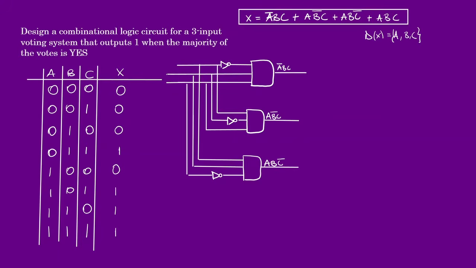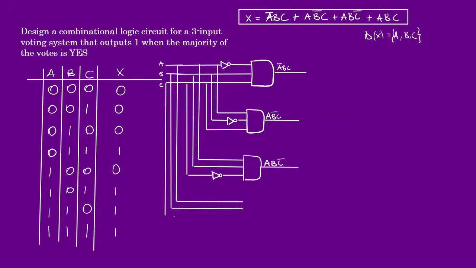Okay. A, B, C come out here. And then the last thing we're going to do is the last term, A, B, C. So we're not going to negate anything. We just bring everyone straight down. Then apply the AND gate. So you can see, although looking at this as a solution on its own may seem mightily complex, as we're walking through this and designing this together, we come to realize that there really isn't much to designing combinational logic circuits. Okay, they perform the AND operation, and then out comes